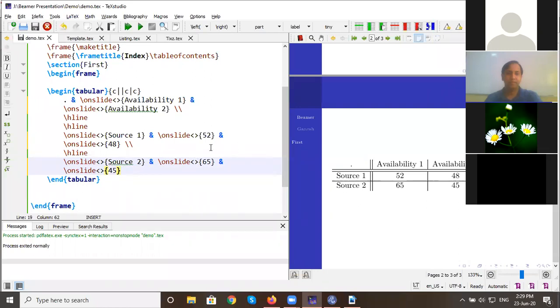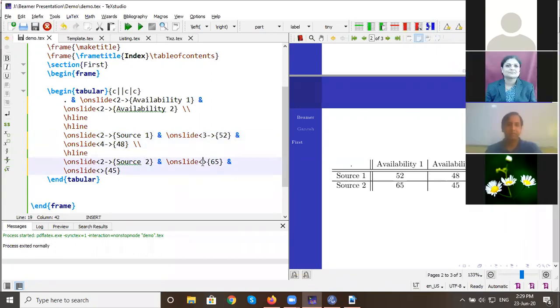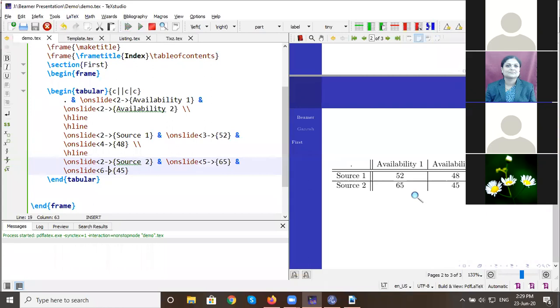Now in the first illusion we have to create only the grid. So the first is already reserved for the grid, then I want this at the second place, similarly this at the second place, then source at the second place, then I want this 52 at the third place, then after that I want 48 at the fourth position, then 65 at the fifth position, and finally the sixth position is for 45. And if you run it, you get the desired output.